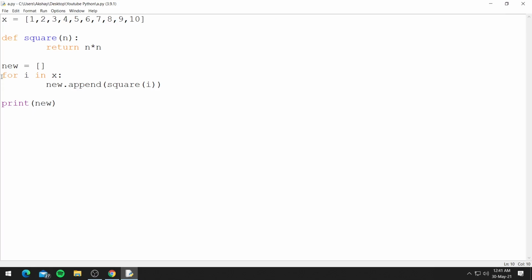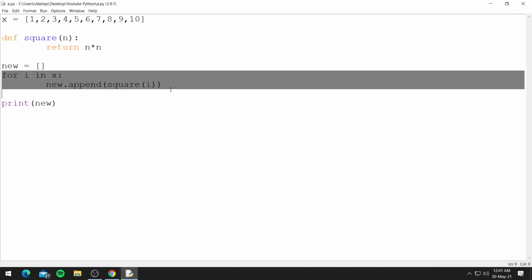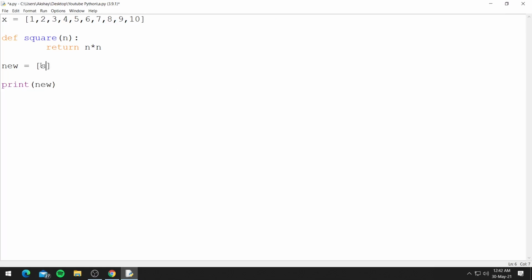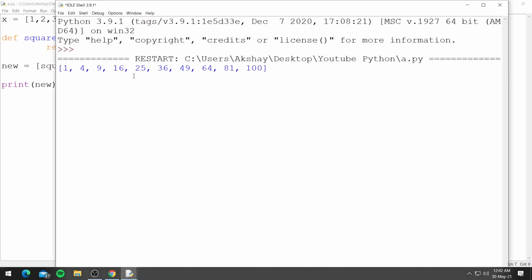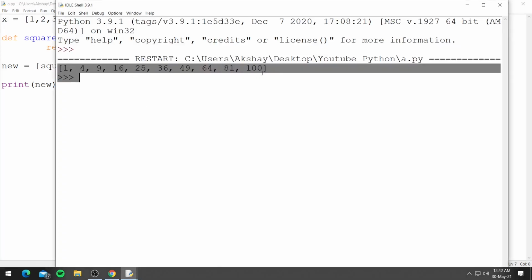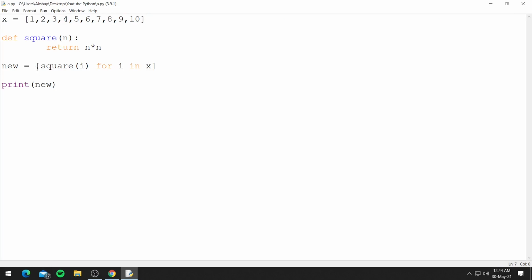Now let's do the same with list comprehension. Inside the list, we can just call the function and then use the for loop. Let's run this. And sure enough, we get the same output. We have already looked at list comprehension in the previous tutorial, so feel free to check it out. And now instead of using list comprehension or for loops, let's look at the map function.